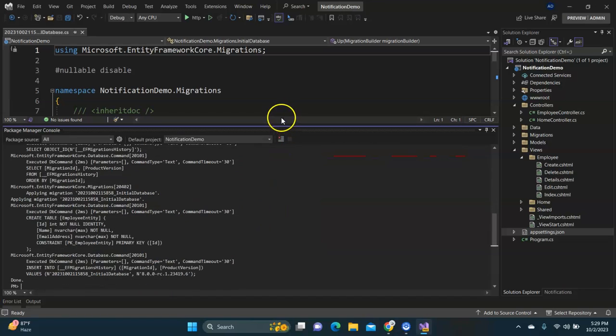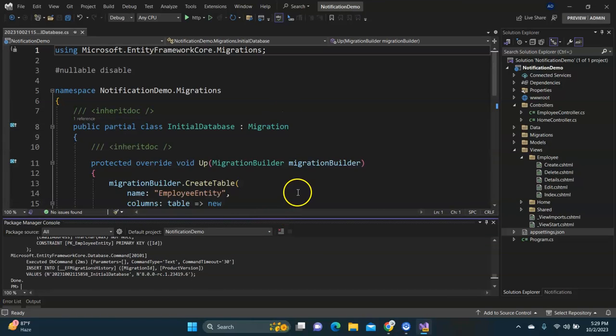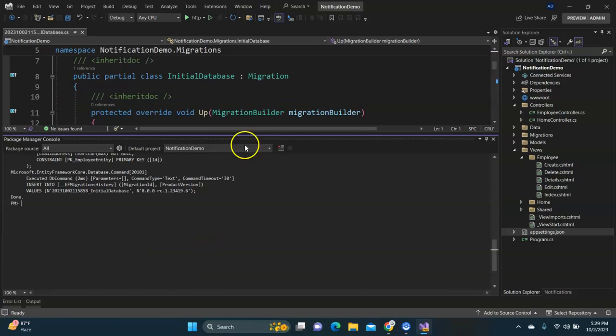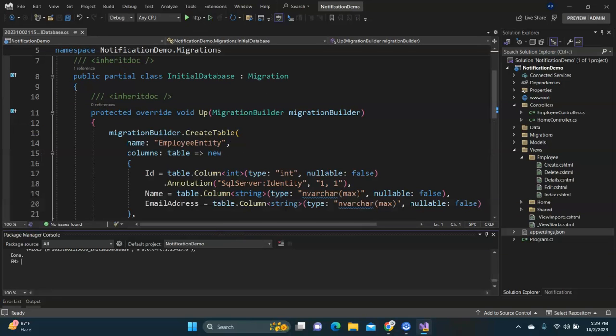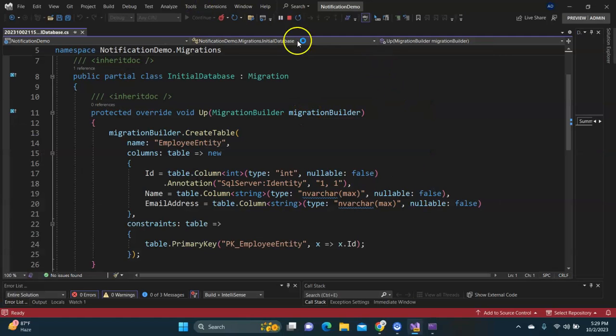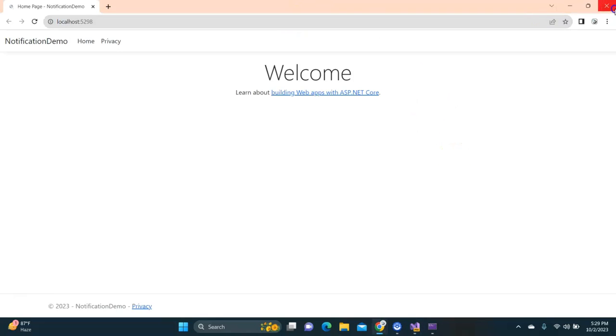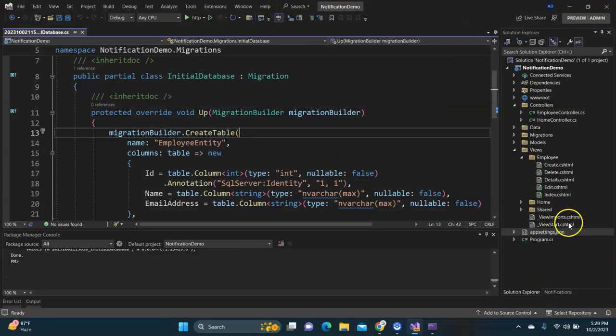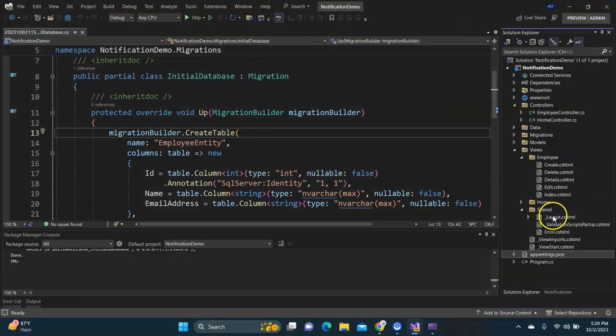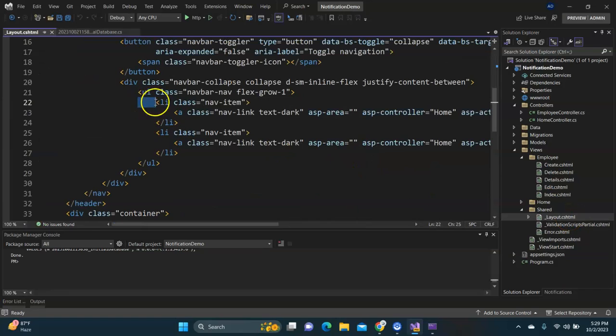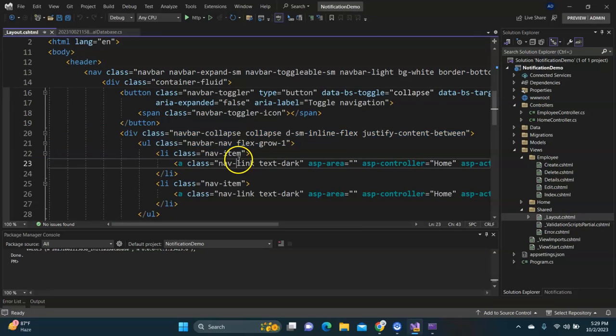Okay, so the code is getting executed and it is successfully done. So now our application is ready. Let's run the application. Before I execute, let me stop this and add the link of the employee in the shared folder. There's a file called shared, and inside there's layout. I just double click on that,